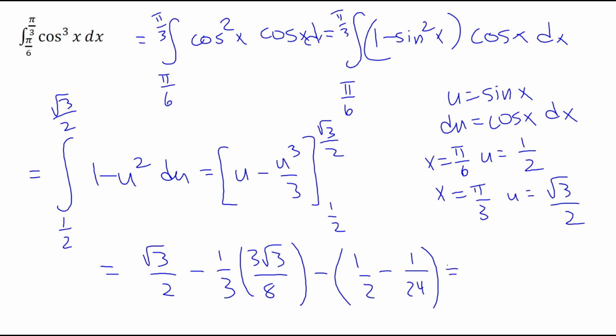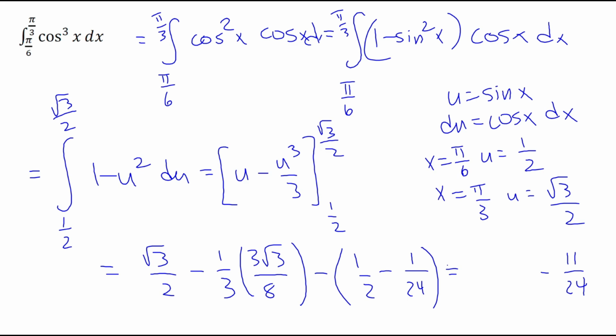And if we combine our like terms here and get some common denominators and all that fun junk, looks like we're going to have the 1/2 minus a 1/24, right? So that's going to be 11/24. So we're going to be subtracting 11/24 at the end. And then we've got root 3 over 2, and we've got 3 root 3 over 24. So I'm going to have to combine,